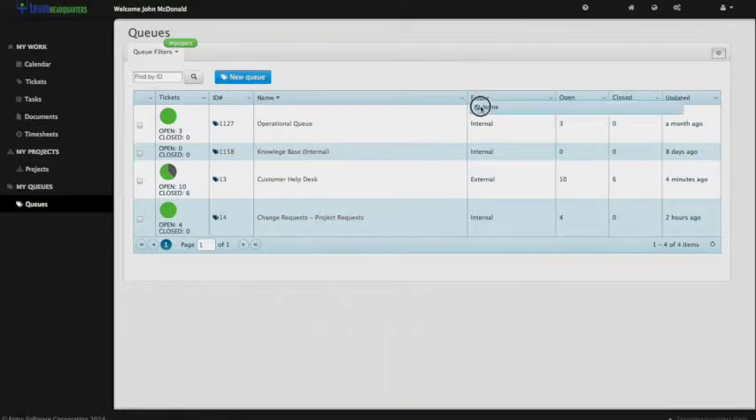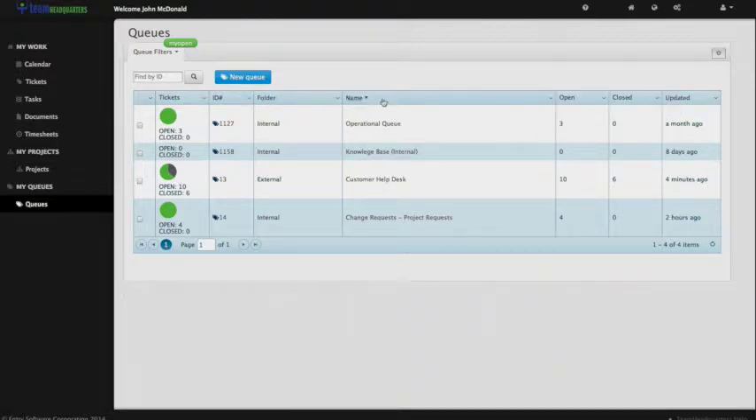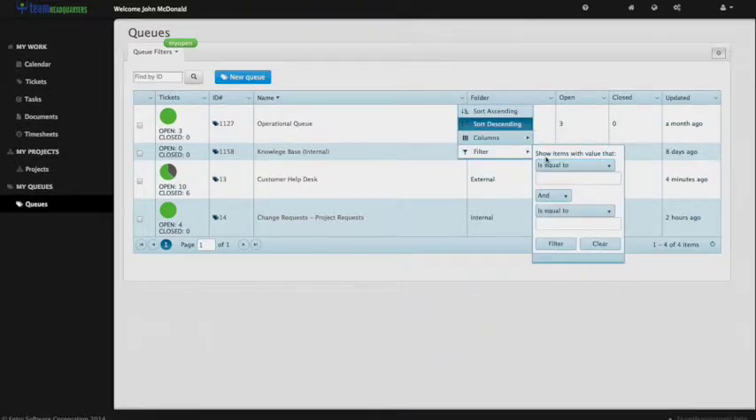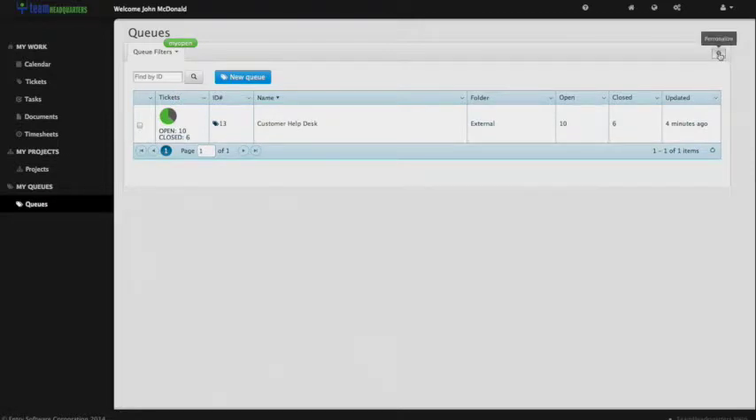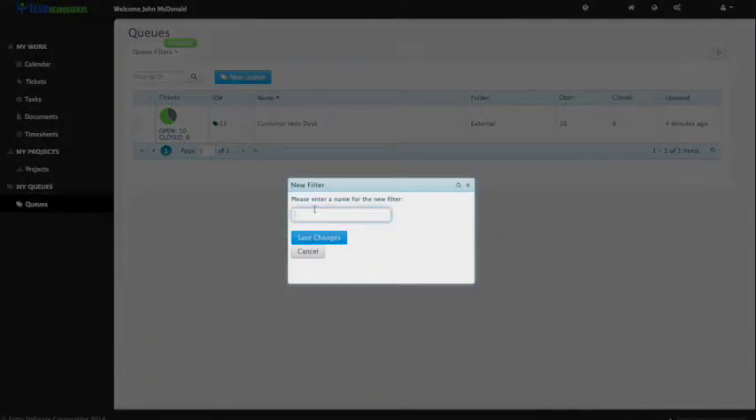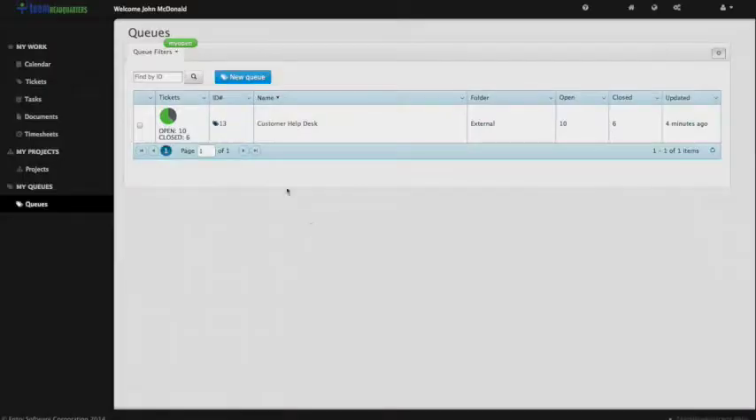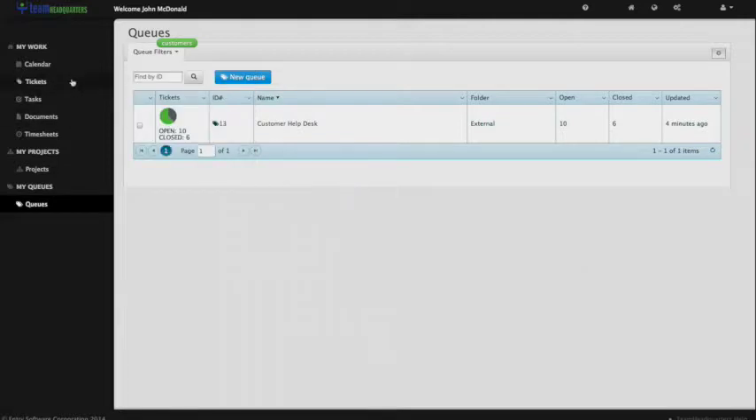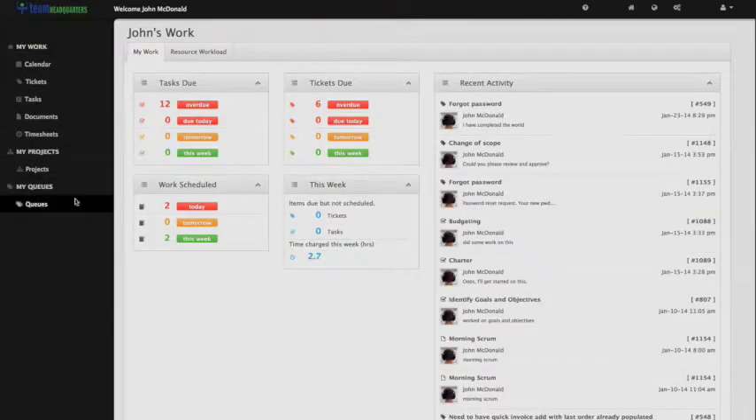You're able to drag and reorder the columns into whatever fashion you'd like. You can filter the contents of the columns by clicking on filter and creating a filter. Once you've created the filter, you can save that filter as a new custom filter for just yourself. And you can access that filter by clicking on the filter underneath the queue filters. You can set it as your default so that each time you open up the queue, that will be the